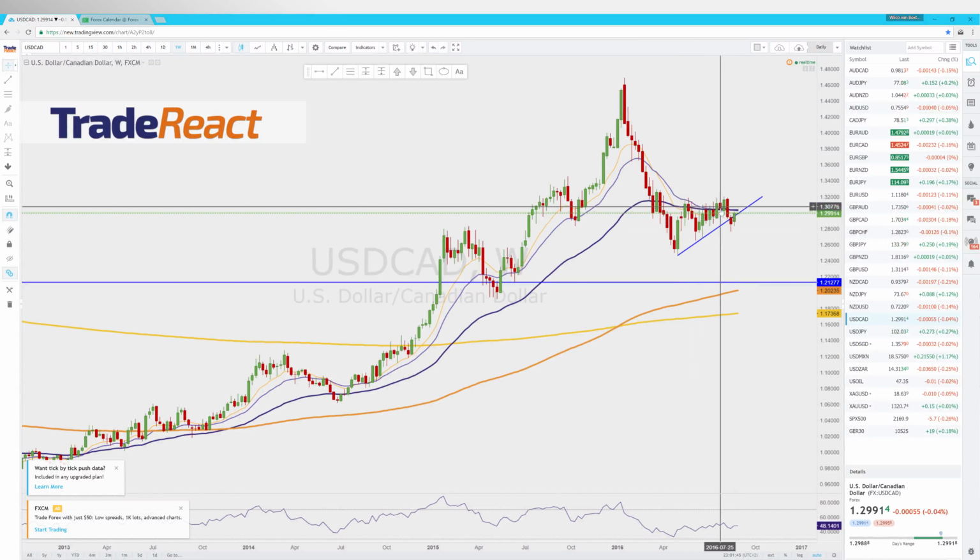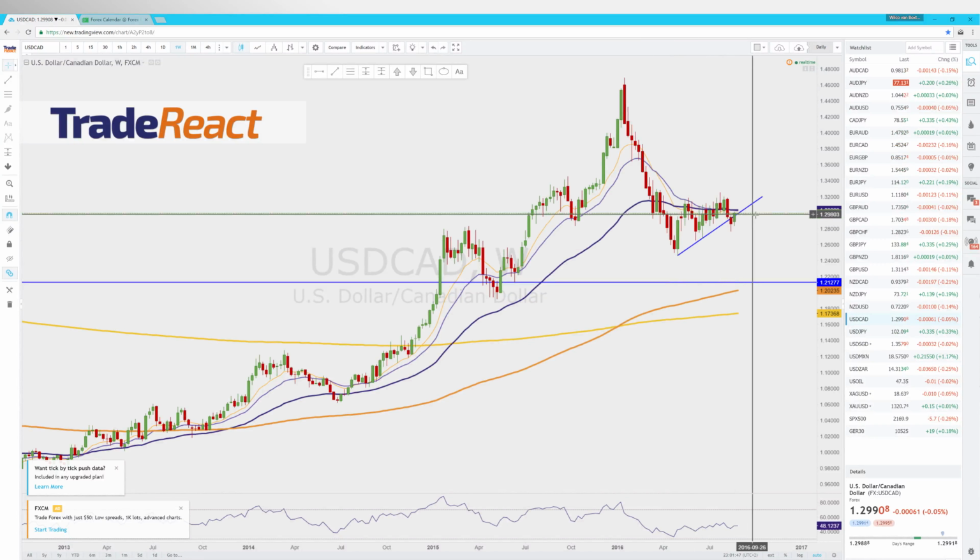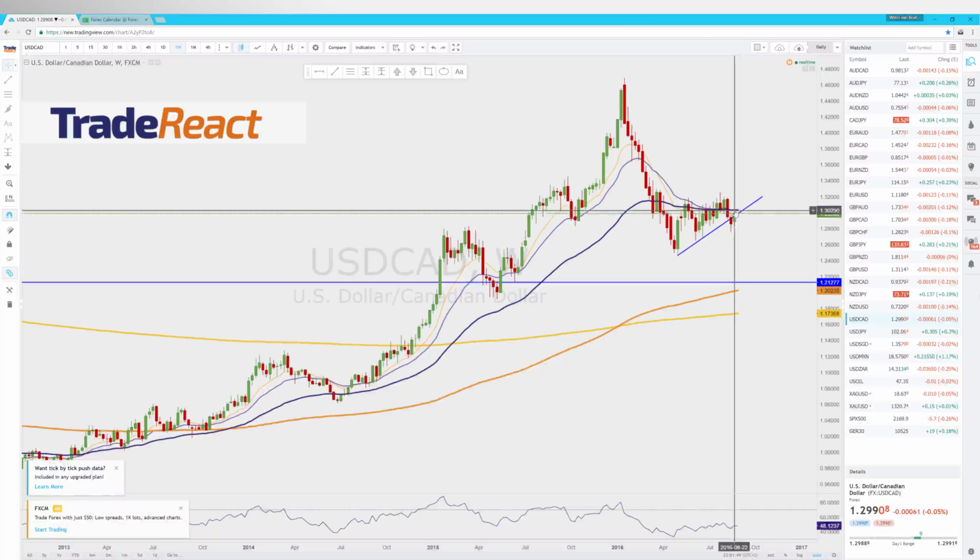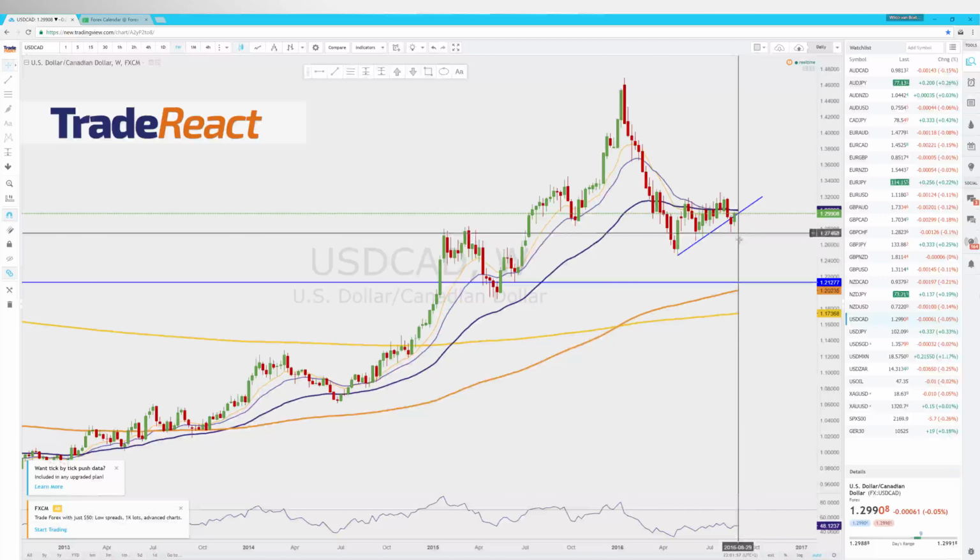It's still ranging here, the lines are flat as you can see, so I'm cautious whether price will stay above this trend line and close above it for a move higher, or if it will return below it to get this